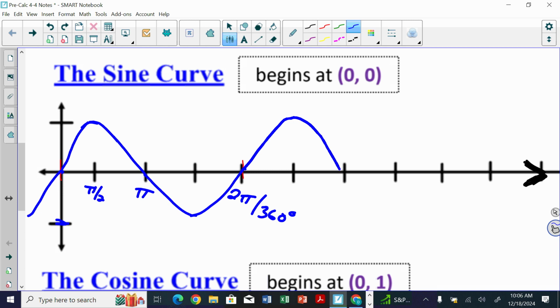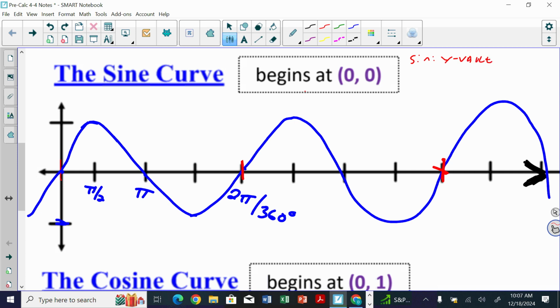And it's going to come back down through and back up and so on and so forth in this direction, okay? So you notice again, there's another period right here, right? Because it's going to look the same, all right? So a couple of things to point out though on this one is that just to get an idea, think about sine being your y values, right? So if we think about sine and, you know, there are y values when we do our trig ratios,